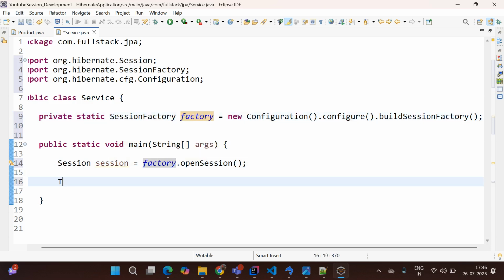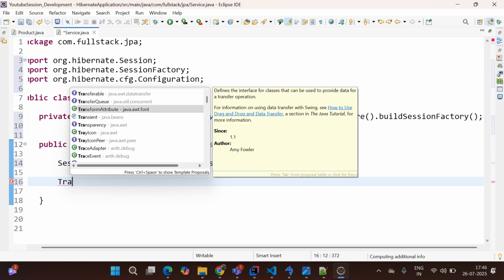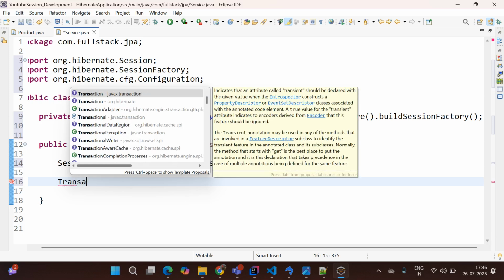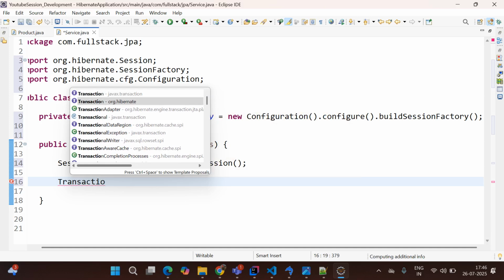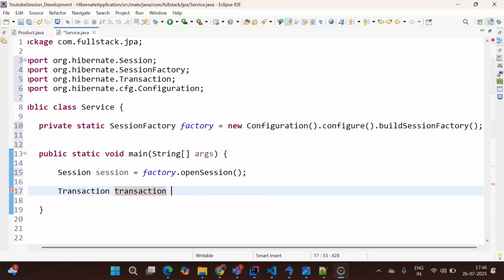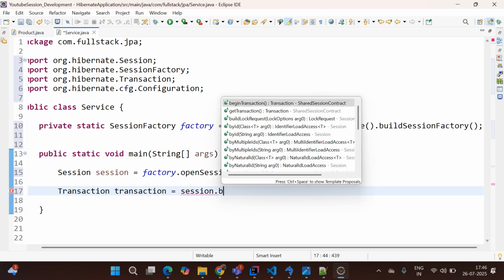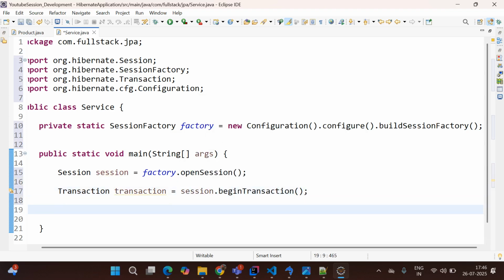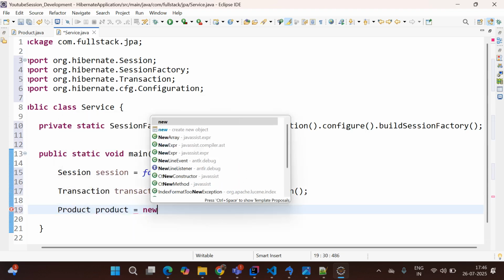Now we are using transaction here as well. Transaction, you can simply say, this is an interface coming from org.hibernate itself. Transaction equal to session.beginTransaction(). See on screen. Now I'm just going to create the product class object, product equal to new Product, and